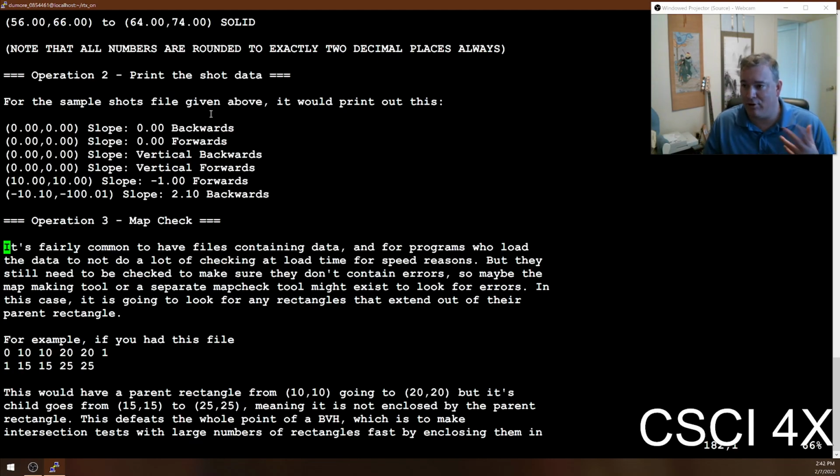And so they do a map check that makes sure that the whole map is enclosed in a convex hull that bounds the whole thing. For this one, it's kind of the same idea, actually, come to think of it. So for this one, you have to make sure that